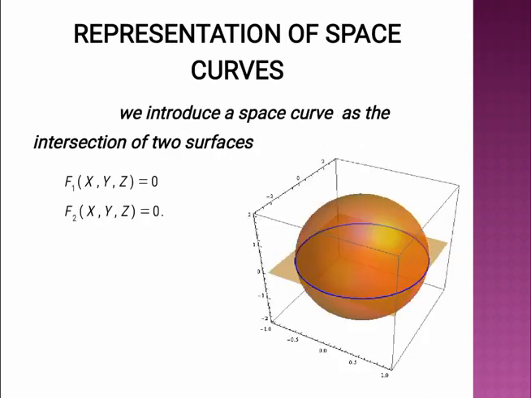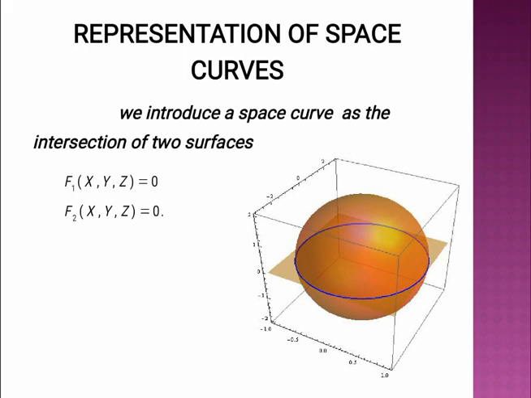First, we have to see how to represent a space curve. A curve is a branch of geometry that deals with the plane and Euclidean space by using the method of differential and integral calculus. Consider this figure. In this figure, there are two surfaces. One is a cube, another one is a sphere. Intersecting this sphere and cube will give a circle.